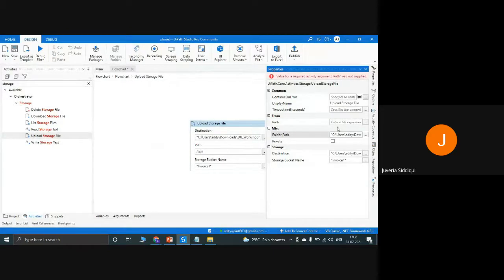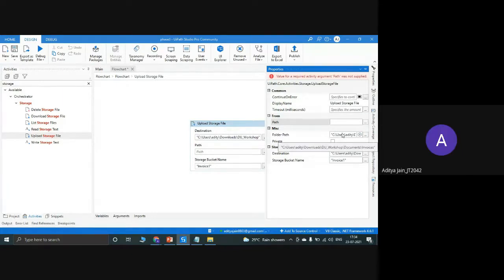All right, let's test. Error is coming. Your path, you've given the path like a PDF path. Suppose you're uploading a file, you have to give a file path over there. Whatever file you want to upload to Invoice One.